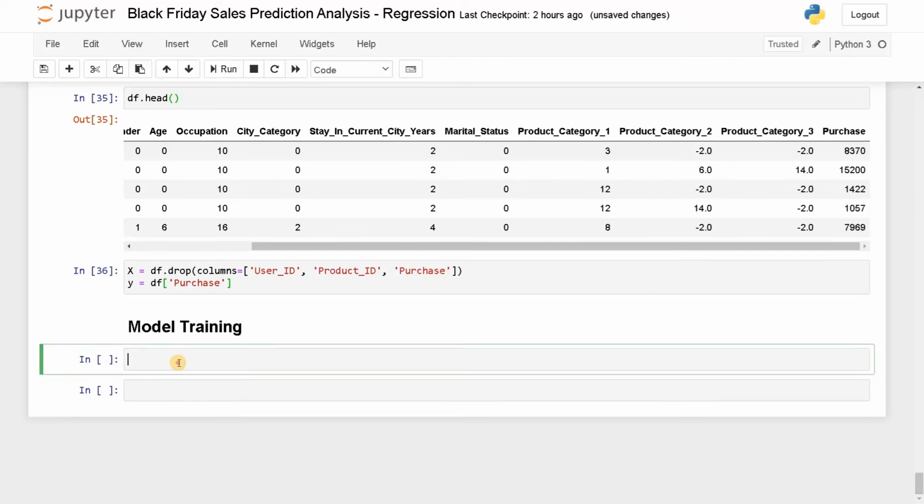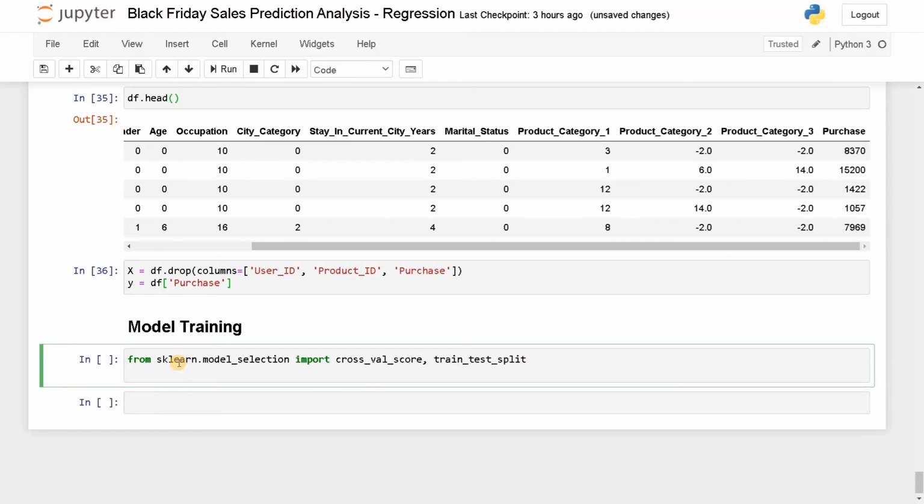Let's define our model here. We need to import a few modules as usual from sklearn.model_selection import cross_val_score and train_test_split. Apart from that, this is a regression model. We need to use some parameters to indicate the error. I will use mean squared error.